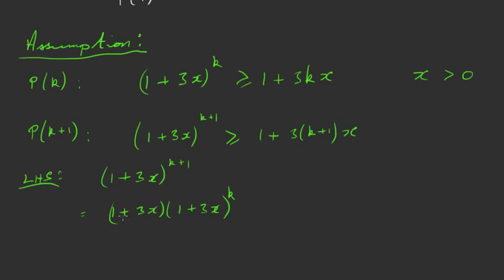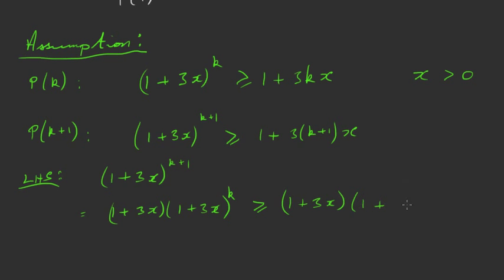Now looking at this here, this is what we want to prove is greater than the right hand side first. Now what we can do here is in fact say that that is greater than or equal to (1 + 3x) times